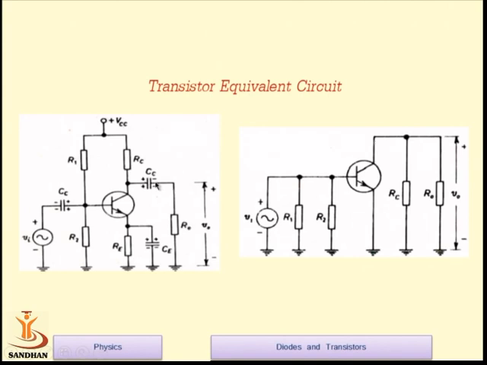This is a CC, which is a coupling capacitor. This is a CE, which is known as a bypass capacitor, used to bypass the AC components. And this is again CC, which is known as the coupling capacitor. Now if you want to convert this particular circuit into the AC equivalent circuit, there are two things one needs to remember.